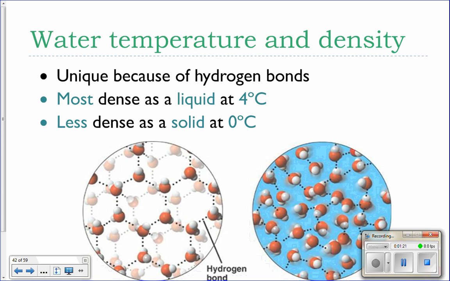So essentially, when you cool water off and those water molecules move closer together, you are decreasing the volume, which increases the density of a substance. So you are increasing the density of water as you cool it down. Once it reaches a certain point and water starts to crystallize and become a solid, the water molecules actually move apart from each other a little bit because they have to orient themselves